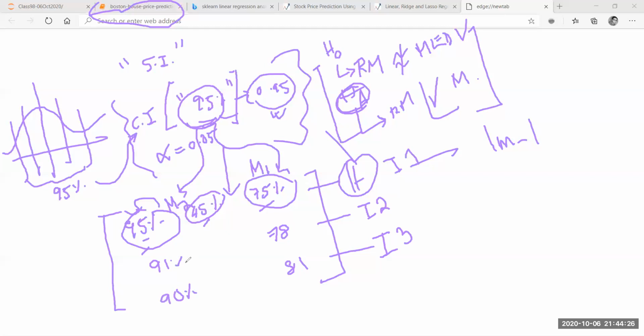Now you can say that even after 3 iterations, if my model is giving me 90%, after all the processes that I have applied, after RFE, after VIF, after feature scaling, then this model M2 is actually better than the model M1, because you are not able to increase the accuracy of your model.